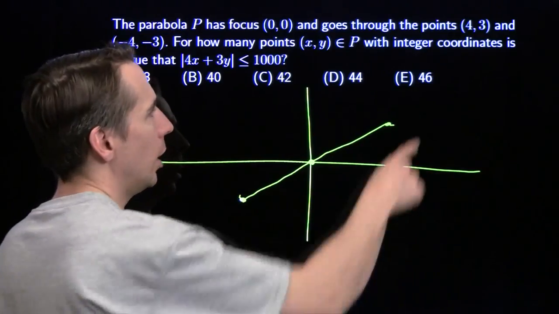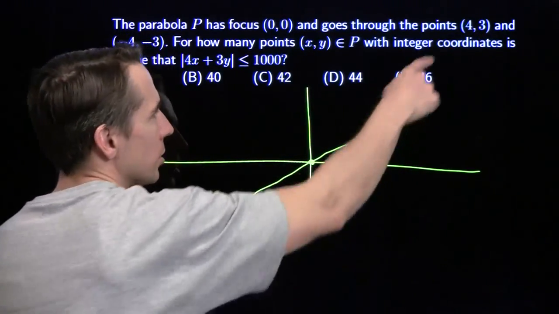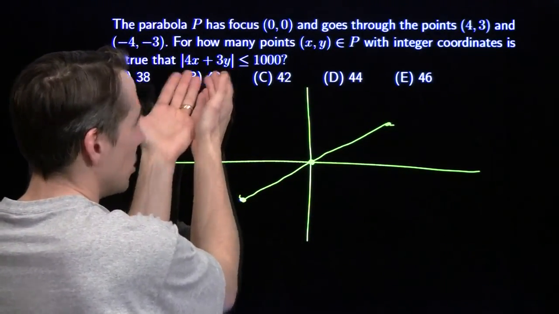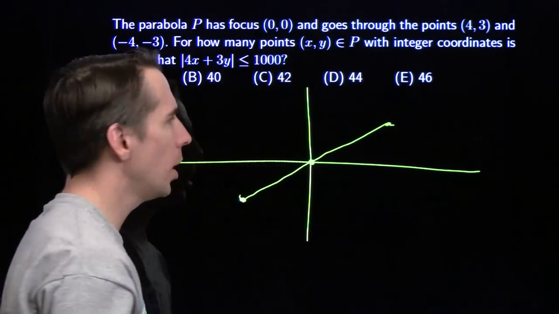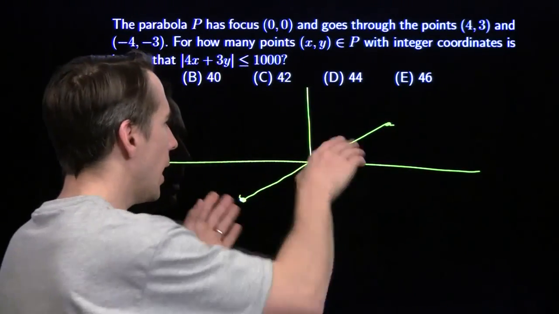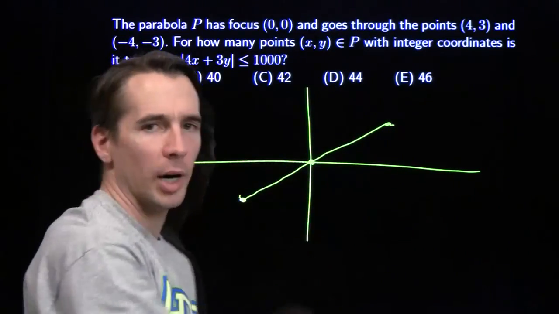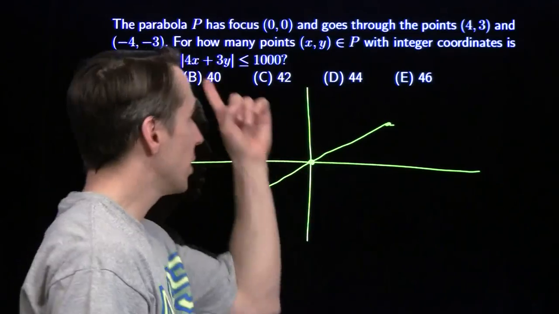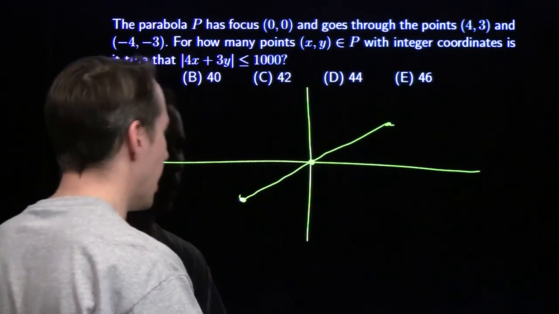Now when you rotate a point 180 degrees, rotate (4, 3) 180 degrees, you get (-4, -3). Just negating coordinates. So if a lattice point satisfies this condition, you rotate 180 degrees, and the point you're going to get is going to satisfy this condition as well. Moreover, if you take a lattice point and rotate 180 degrees, you're going to get a lattice point. So all the lattice points on this parabola, you rotate them 180 degrees, you get lattice points on that parabola, and anytime one of these lattice points satisfies this condition, so does the one you get when you rotate it 180 degrees, so it doesn't matter which of these parabolas we think about.